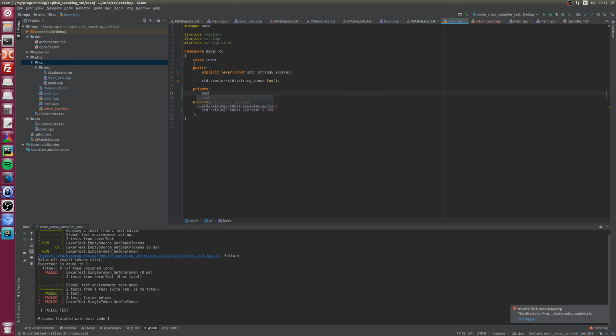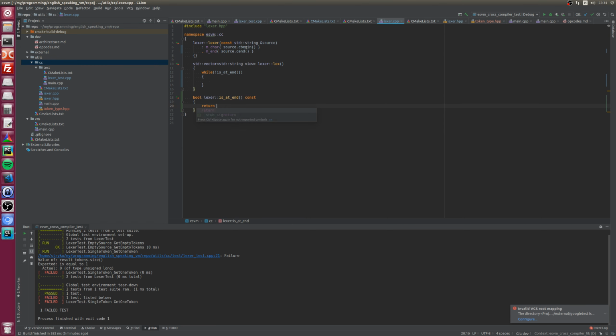And let's create a function is at end. Current is equal to end. While we are not at end, so let's create tokens here.